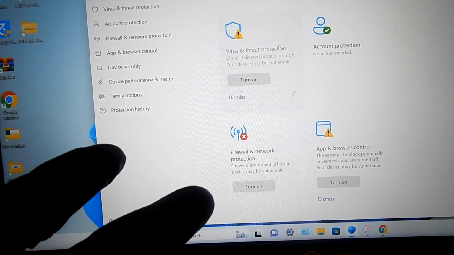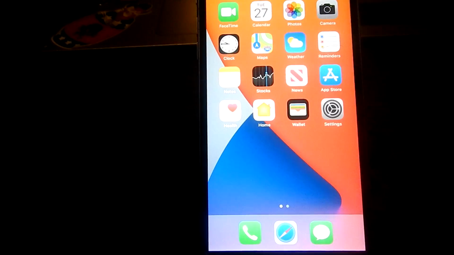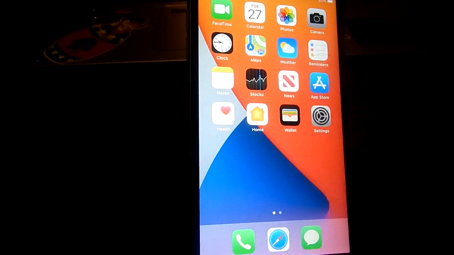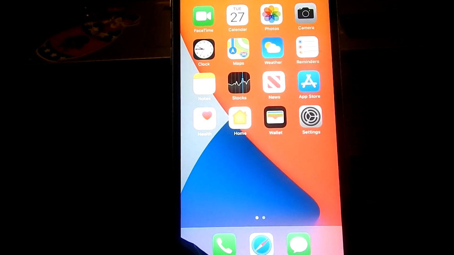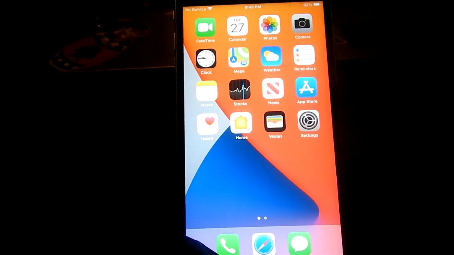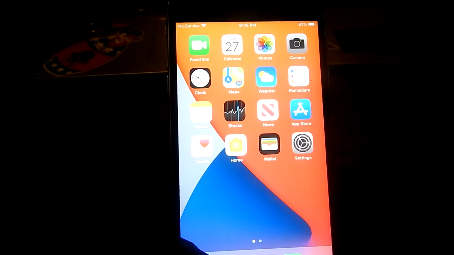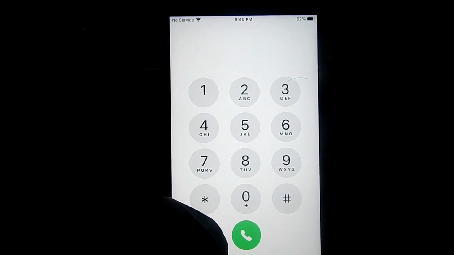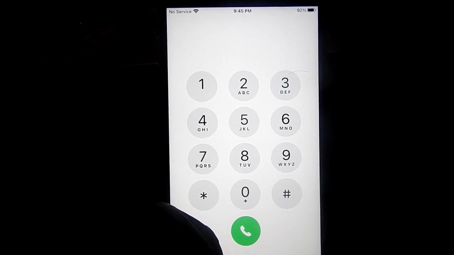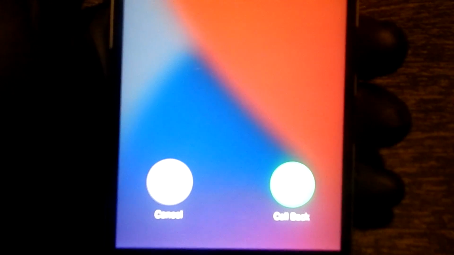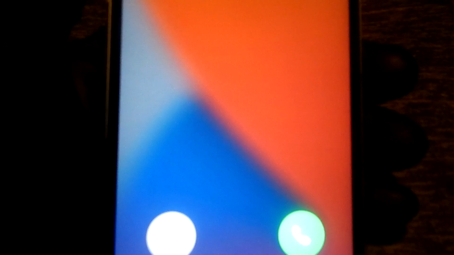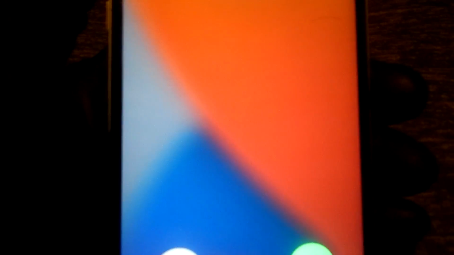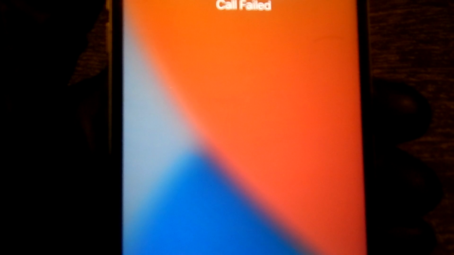Okay, now back to what I was going to talk about. Alright, so one of the main drawbacks of using this method that I actually briefly touched on at the beginning of this video was that by doing this, you actually limit some functions on the phone. And one of those options is the phone app itself. Now, I'm going to call my number here and just give you a quick example. Okay, I have my number called real quick, and as to just not expose my number, I'm just going to slowly go up top here and show you only what matters, and it is those two words that say call